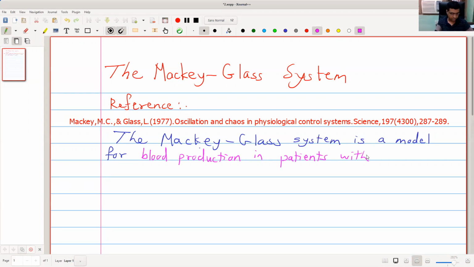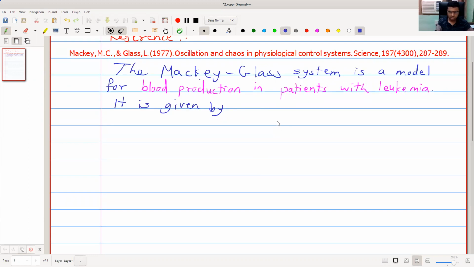Okay, leukemia is blood cancer. It is given by the nonlinear delay differential equation